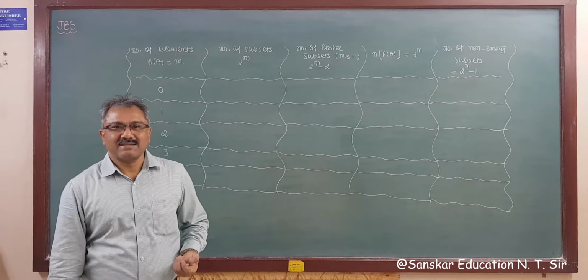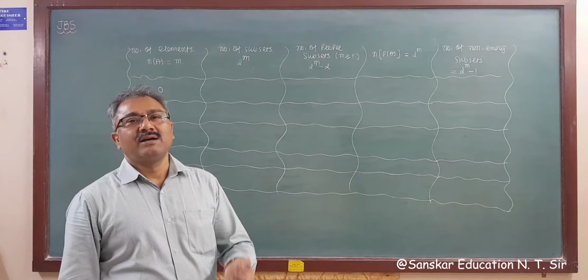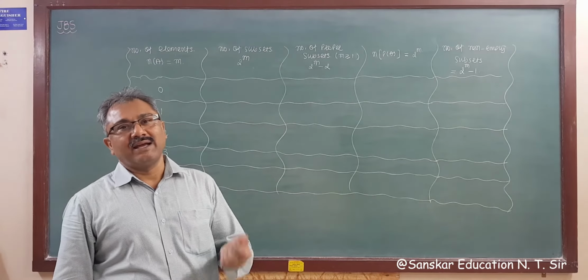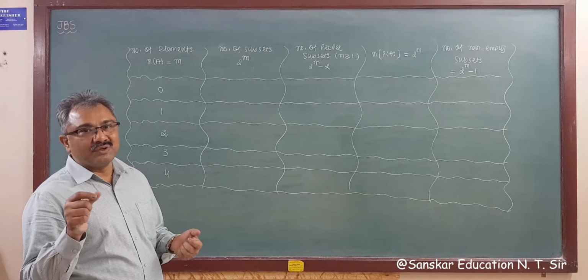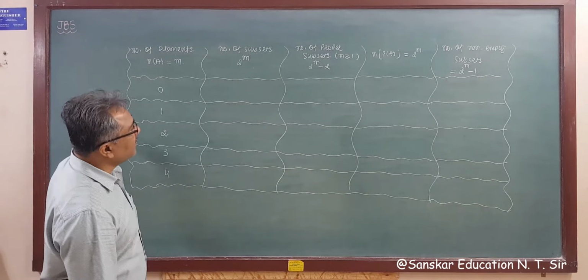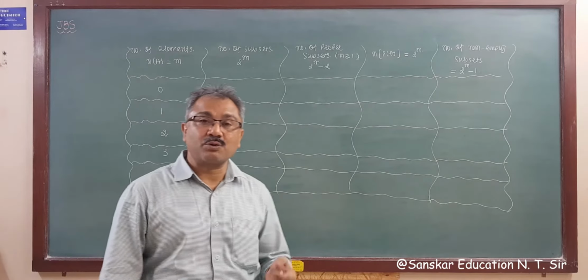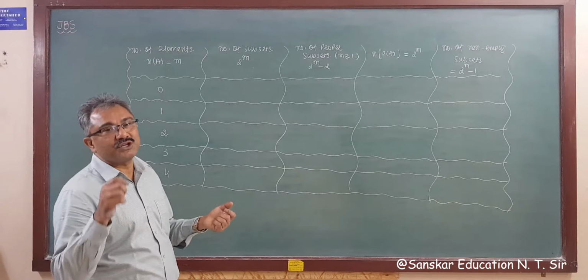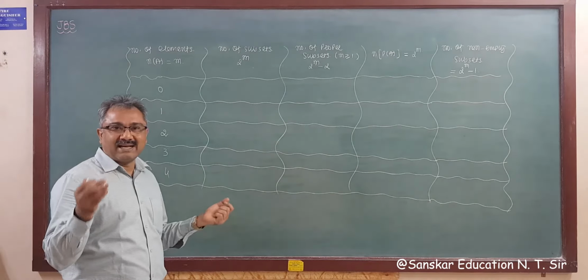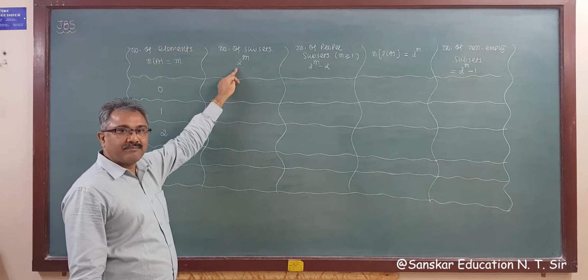As we discussed, power set, proper subsets, improper subsets, and subsets. Now, I'm going to teach you one more comparison for total number of subsets, total number of non-empty subsets. Because you have the formula for subsets is 2 raised to m. If a set has m elements, then the number of subsets is 2 raised to m, right?